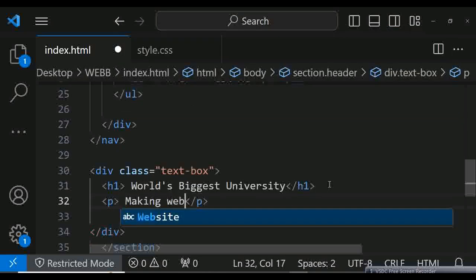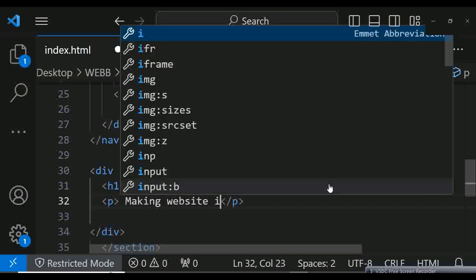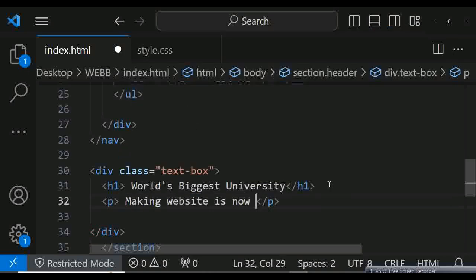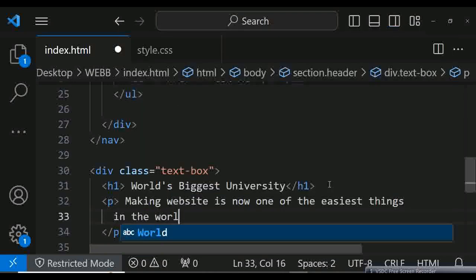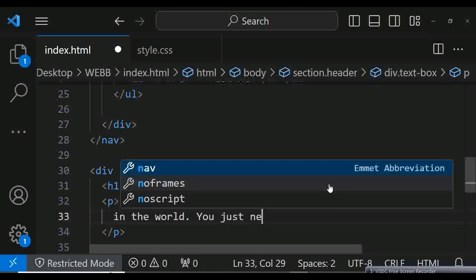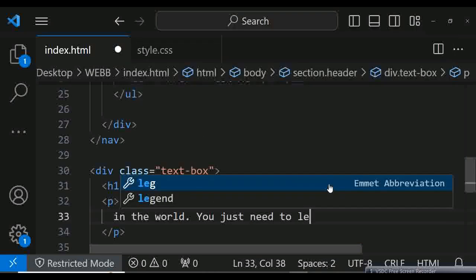Making websites is now one of the easiest things in the world. You just need to learn